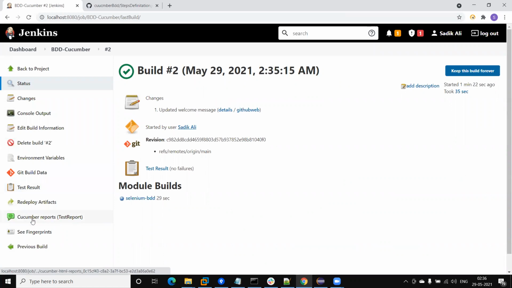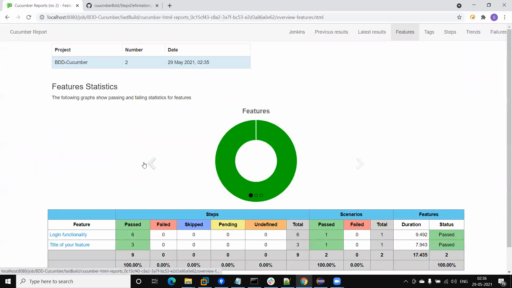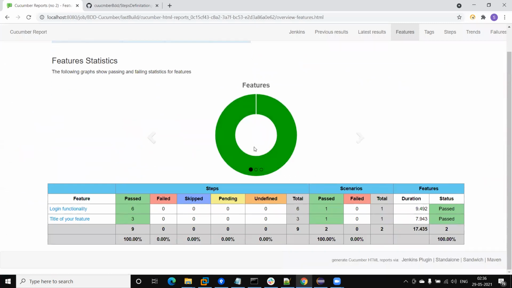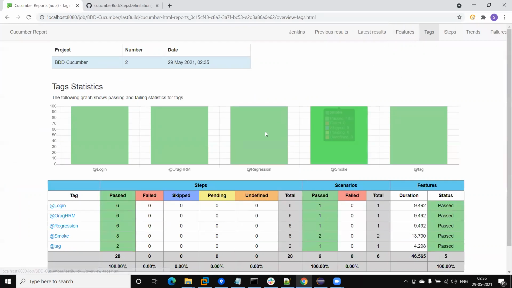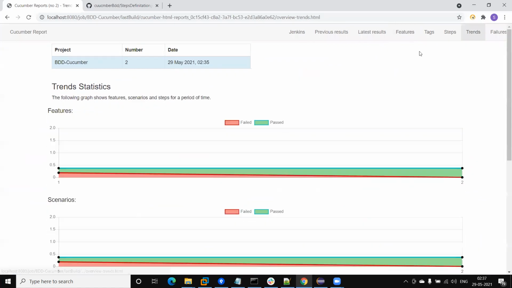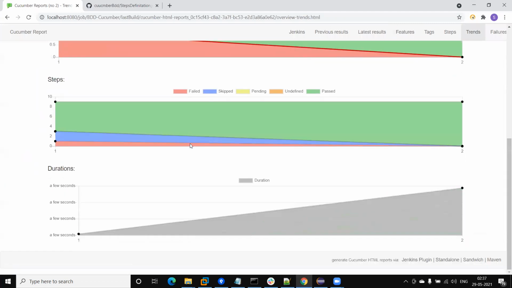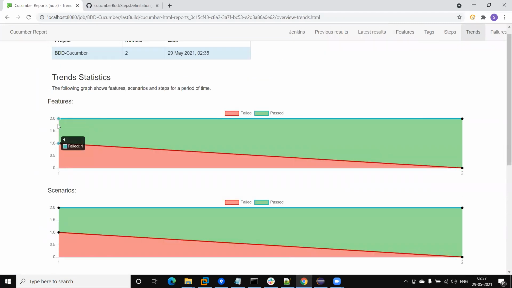Second thing, we can also go with the Cucumber report. So click on the reports here, like Cucumber build. Now you can see here all the tests have passed, meaning both scenarios ran successfully, and we will get feature wise as well as tag wise. We will get the step wise, we will get the trends. Earlier there was only one trend, right? So the report is not coming because we had done only one execution. Now 2 executions. So in the first build, 1 pass, 1 fail, and here 2 pass.